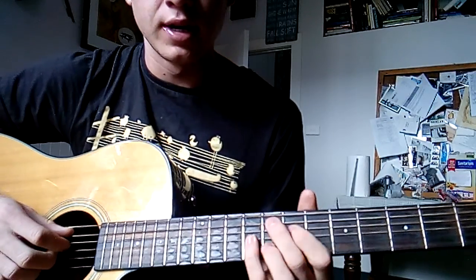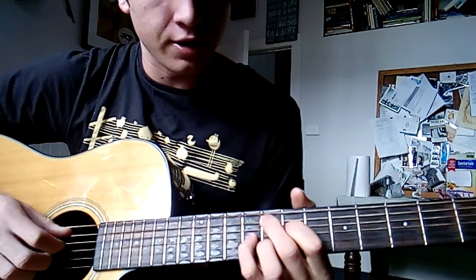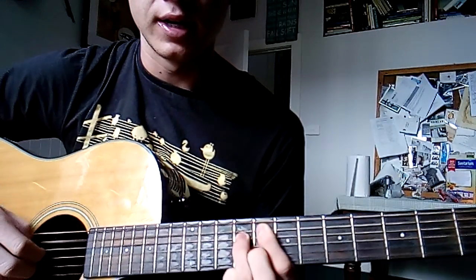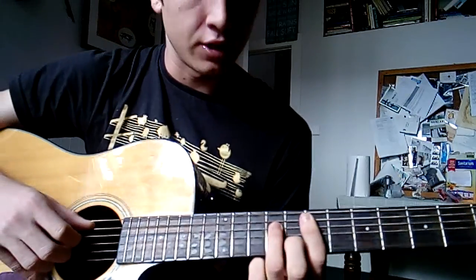And then you play that for 4 counts, 1, 2, 3, 4, and then you go to this shape here. So essentially it's the same chord, except the bass note needs to go up 1 while you're still keeping that note there. So you can play it like this,